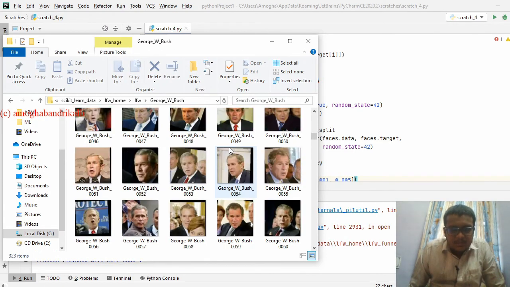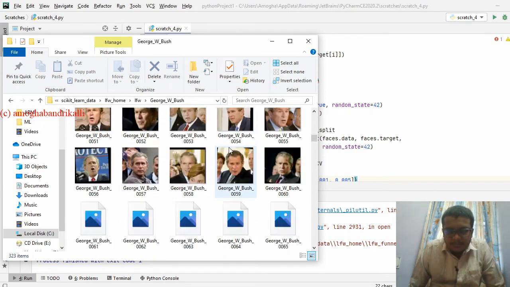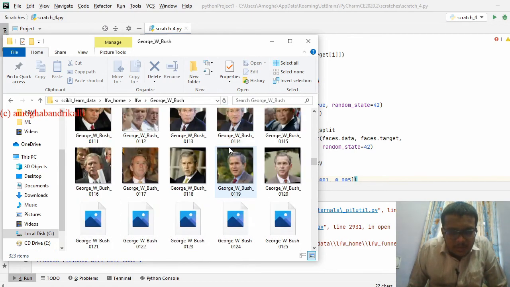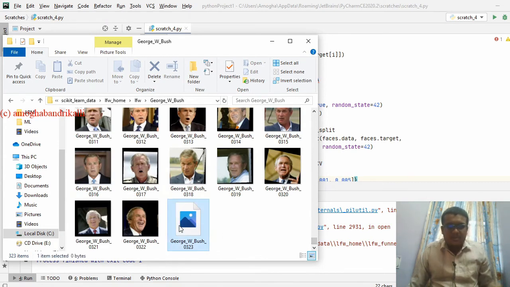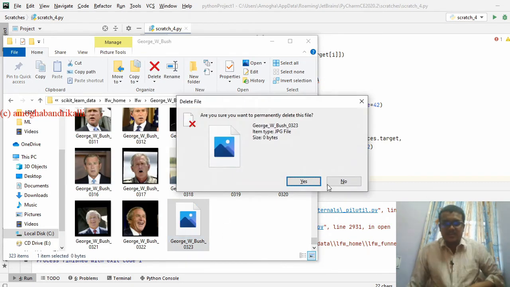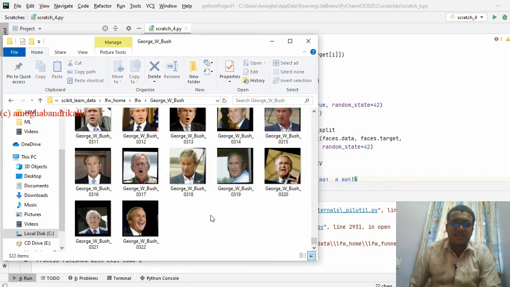In that you need to just search for 323 images. The 323rd is not available, it has just crashed. That's why this error is coming. Wherever the 0 bytes is there you are going to have this error. So you can just see different positions of images, angled and all.